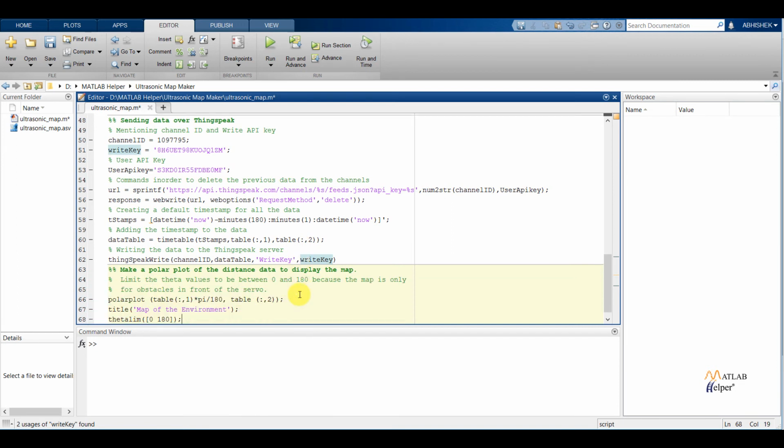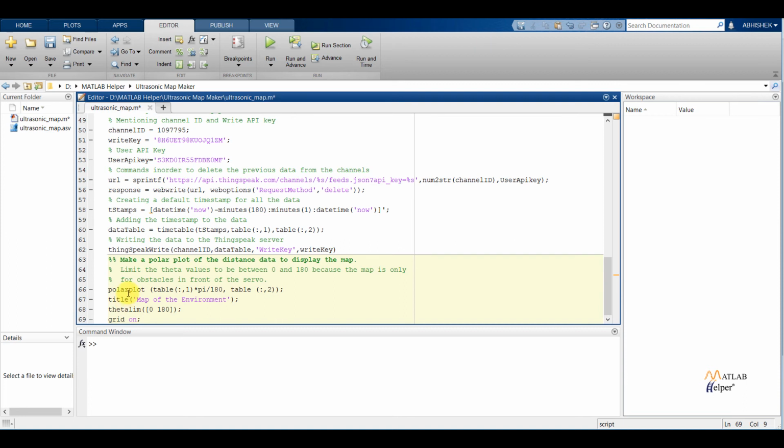Now, in order to view the polar plot, we are creating a polar plot. We will be using the polar plot function, as we are creating a plot for 0 to 180 degrees. I am using the theta limit function from 0 to 180, and I am giving a title to our plot, that is, map of the environment.